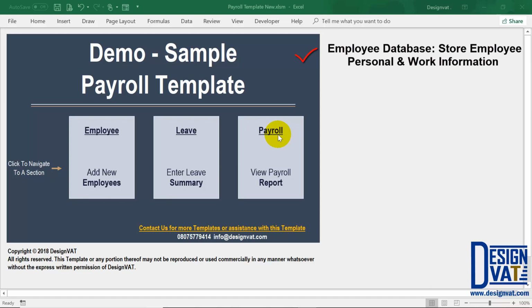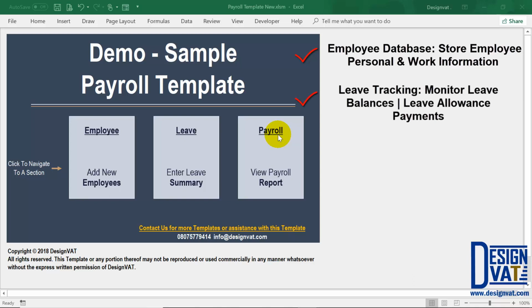Firstly, the template enables you to store your employee information. So it has an employee database that enables you to store employee personal information and work-related information. Secondly, the template enables you to track leave balances, leave applications, and leave allowance payments. In addition to that, it has a salary review section where you can document employee salary review as at when